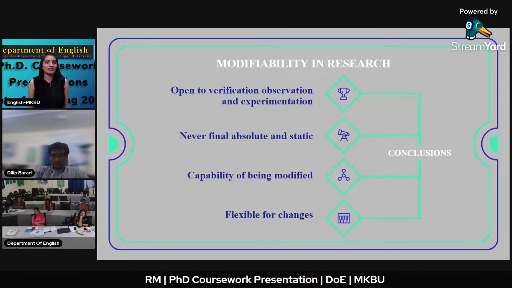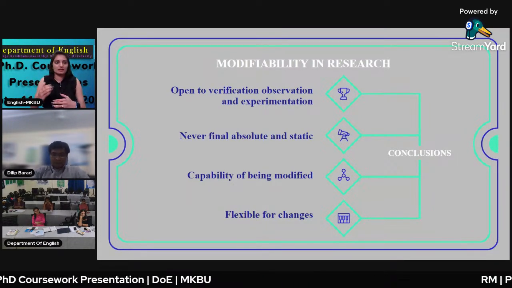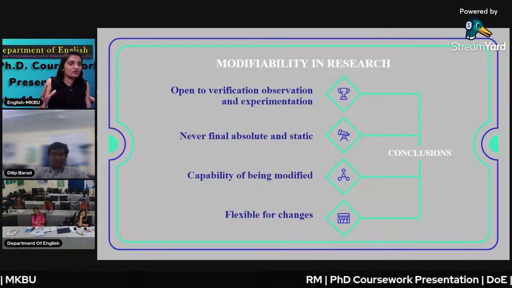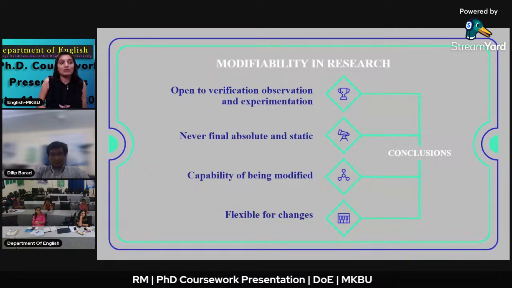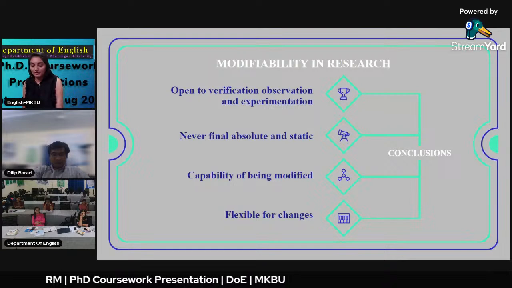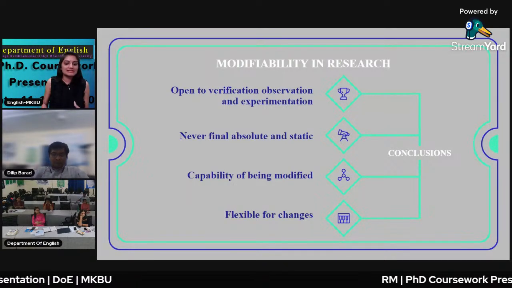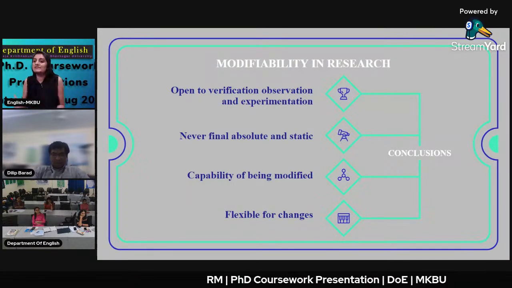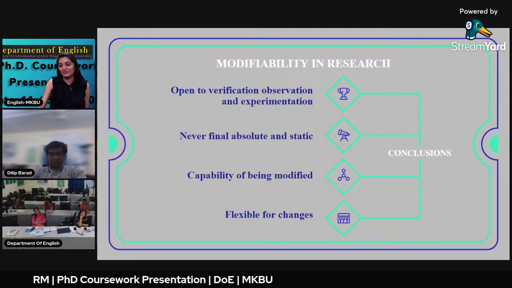If we take a 19th century theory, and we see the gap, and we fill the gap with the 21st century, if we compare, then we are ready to be flexible with changes. If someone suggests to me, I'll also change. So this kind of flexibility we should possess, and that is not only the nature of research, this would be the nature of a research scholar also.